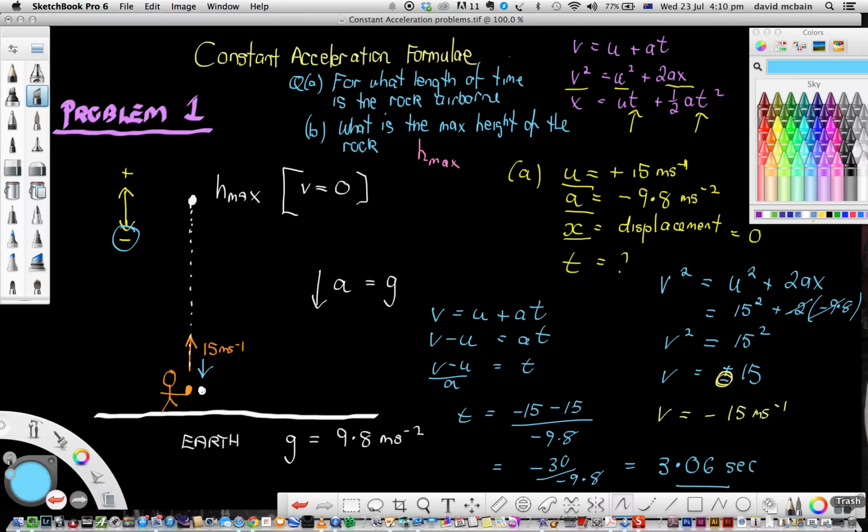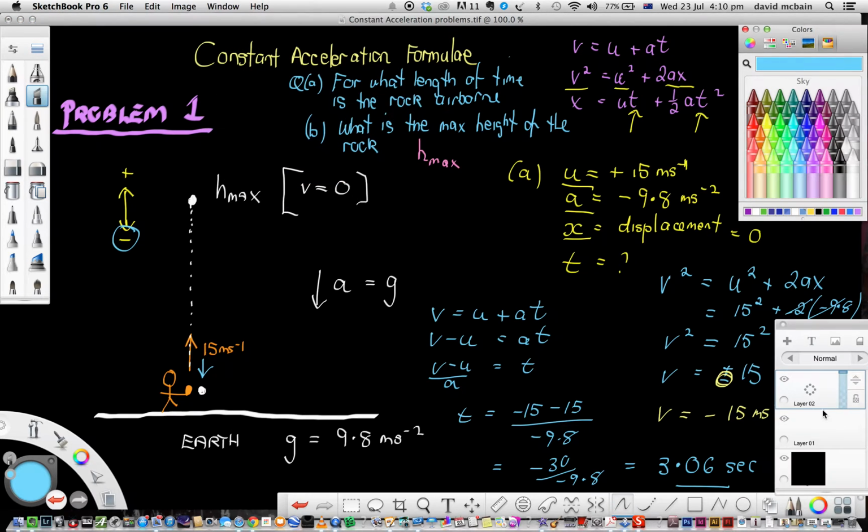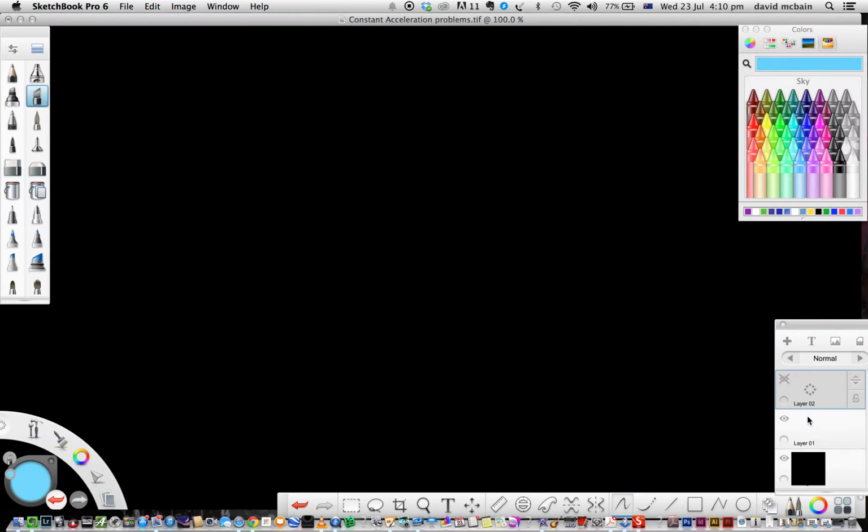Okay, so looking at part B now, we now get a new layer happening. We'll hide that layer. Okay, part B was to work out the maximum height. So, just from memory again, the person threw the ball up with an initial speed of 15 meters per second,